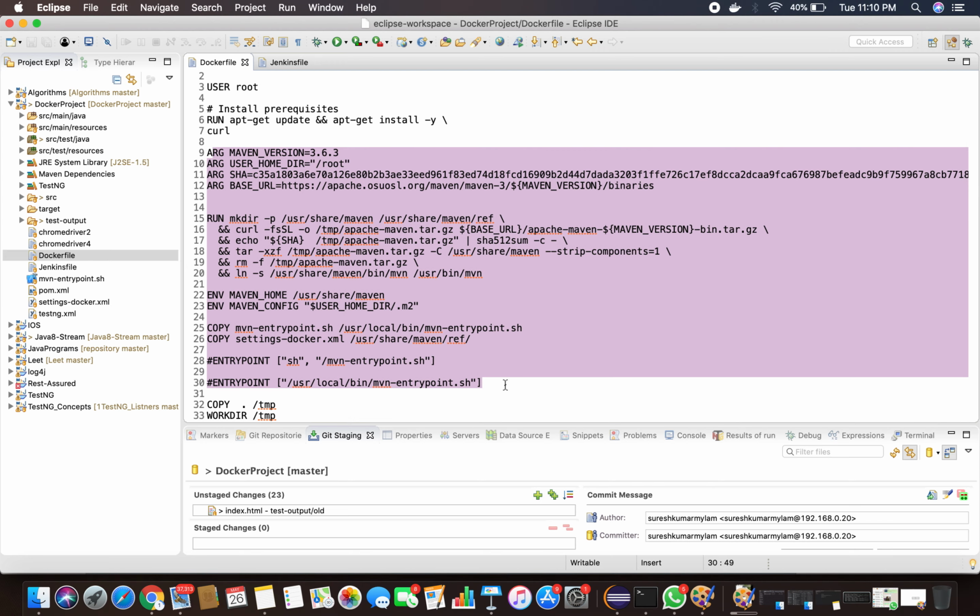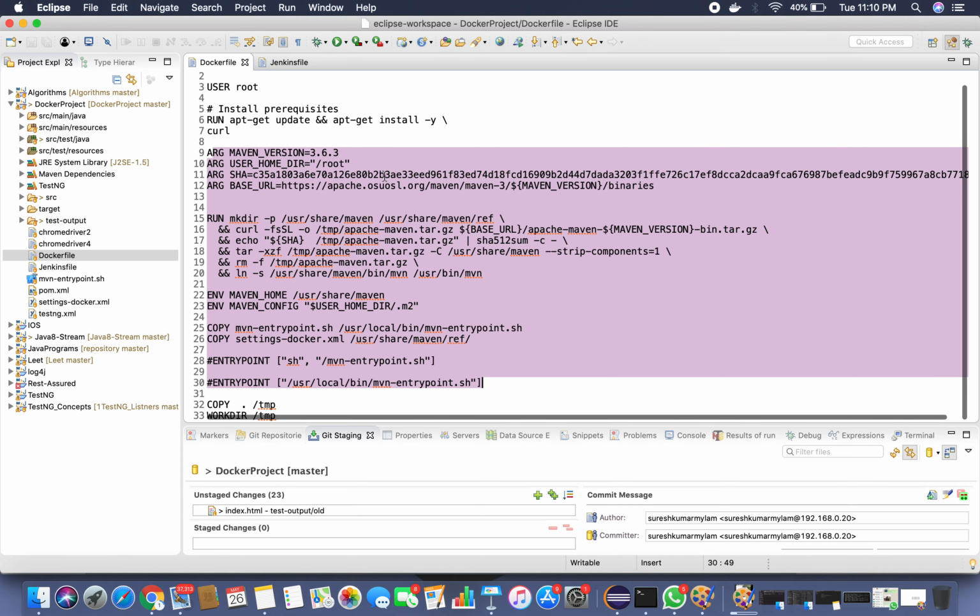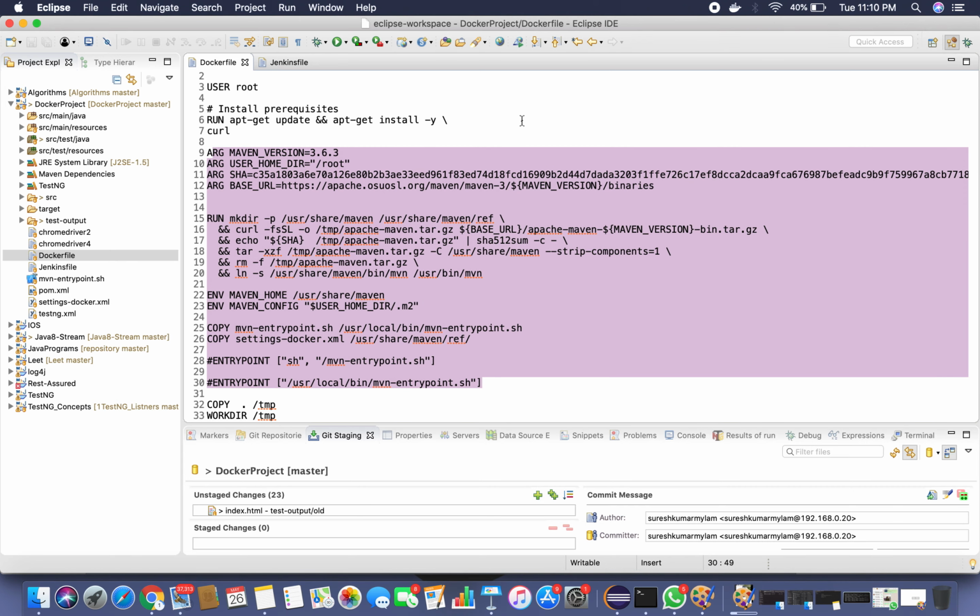And once after I install the Maven, what I'm doing, I'm copying all the code. It's my project, this whole Docker project, putting into a /temp file. After that, I'm making this temp as my work directory. So my work directory on this particular image is the temp folder. So once this image gets created, if you run the image, your container will get started. Okay, let me show you the Docker file from where you can copy if you want to install a curl, or if you want to install a Chrome, or if you want to install Java or Maven.